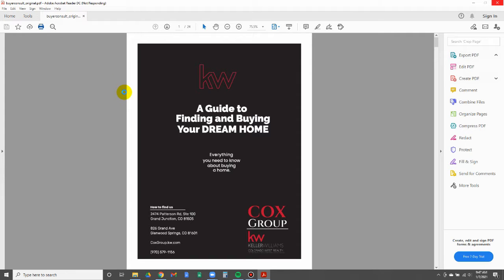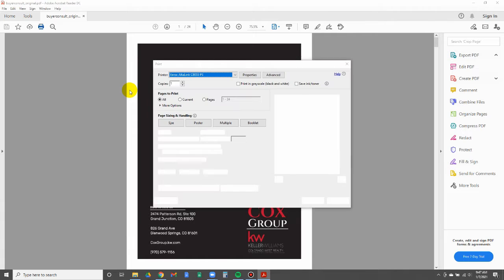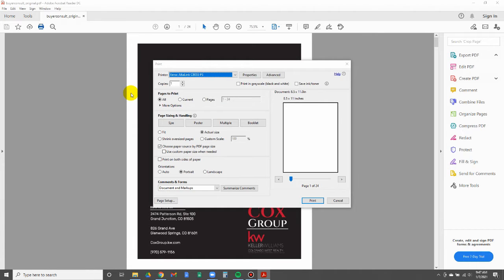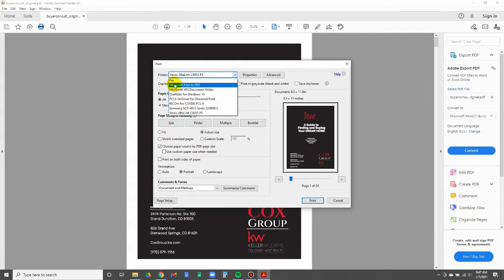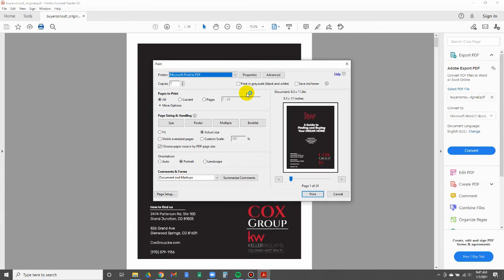Not responding. Come on. Okay, here we have the print box. I'm going to select the printer as Microsoft Print to PDF. If you're on a Mac, this is a step you're going to have to sort out on your own. The goal here, though, is to print so that you have a PDF in booklet form. So Microsoft Print to PDF,